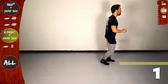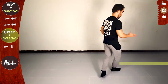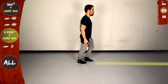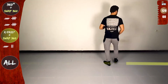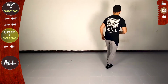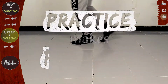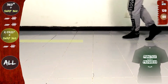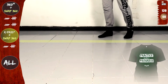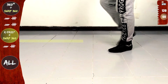Offline, again, right pass, let's go. Cross to the back, side, swap 360, anchor, back, open, cross to the back, rotate on the line, turn around and basic offline, slow. And then again, right pass and swap 360, let's go. Back, cross to the front, forwards, now right pass with an anchor, cross to the back, front, side, back, on